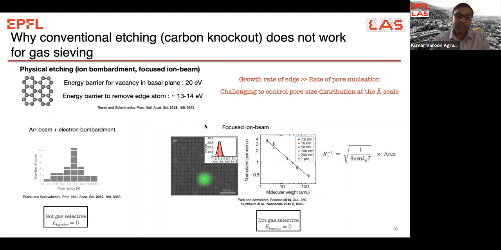You can see that these pores are already quite big compared to the size of gas molecules. The size of a gas molecule, for example CO2, is 3.3 angstrom, so it's about 10 times smaller. So of course there is no energy barrier for the gases to go through. As a result, the transmission rate, plotted against the molecular weight, fits very well to the bombardment rate of the gas molecules onto the lattice. So it's inversely proportional to the square root of the molecular weight.